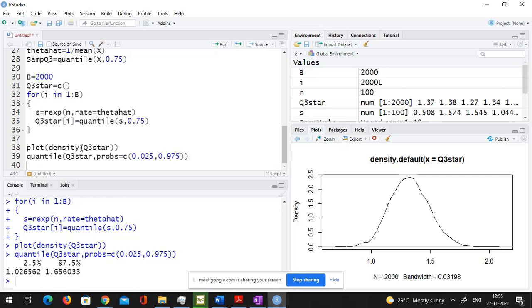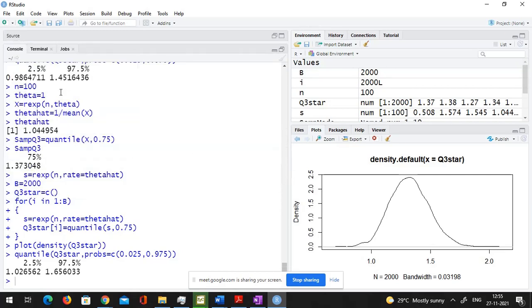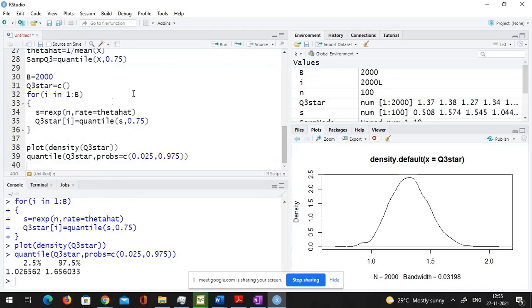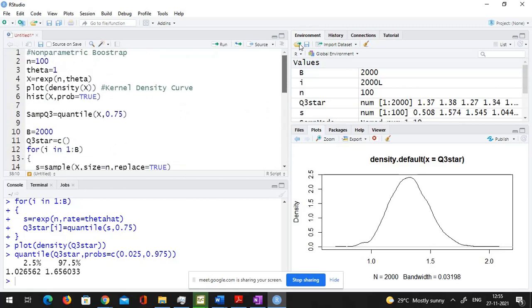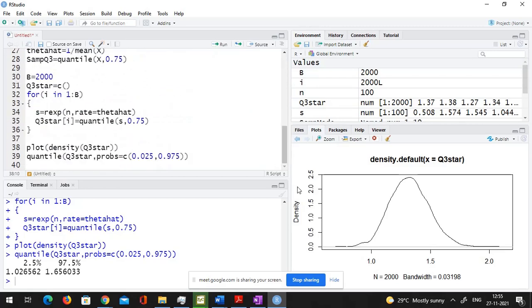Okay, this is 1.026 to 1.65, and this was different. Is it okay? So this is parametric bootstrap. So we have seen one example of non-parametric bootstrap, one example of parametric bootstrap.